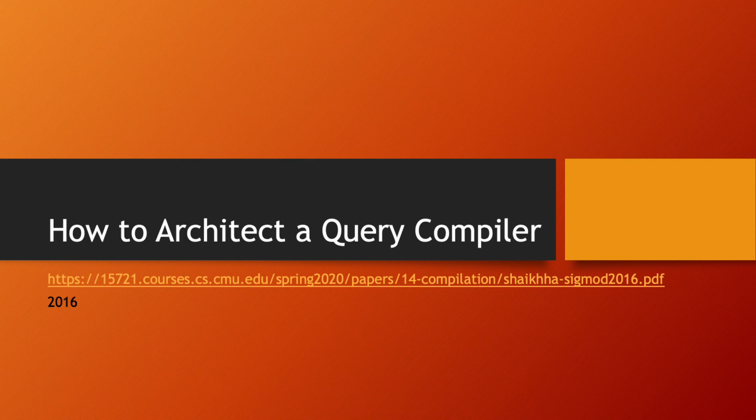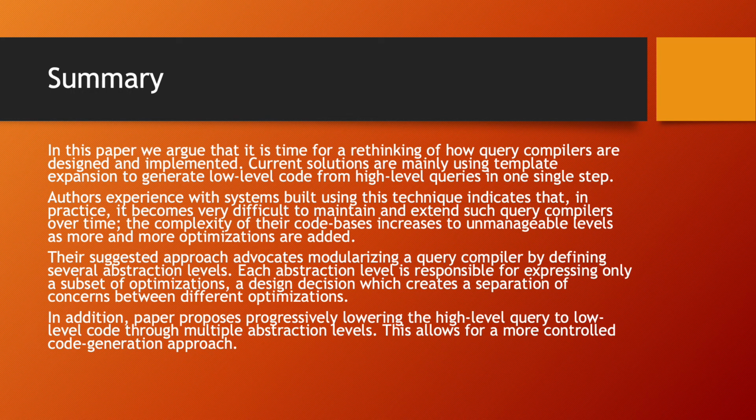The paper of the day is How to Architect a Query Compiler. It's a 2016 paper. In this paper, authors argue that it is time for rethinking of how query compilers are designed and implemented. Current solutions are mainly using template expansions to generate low-level code from high-level queries in one single step. Authors' experience with systems built using this technique indicates that in practice it becomes very difficult to maintain and